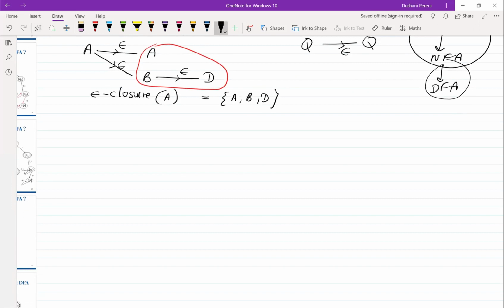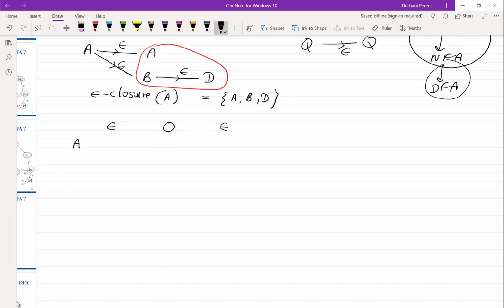When you take a particular state, let's take state A, I'm first going to see what its null closure, the epsilon closure, is. Then we see where it goes upon the 0 input. I have a resulting set of states which I can go to upon seeing symbol 0. After that, I'm again going to get the null closure of that resulting set of states. Let's do an example and see what I'm telling here.